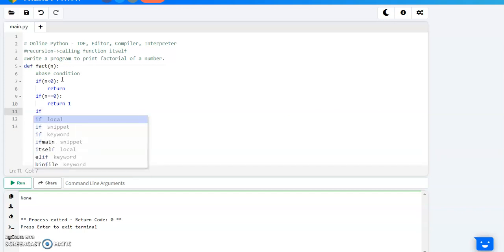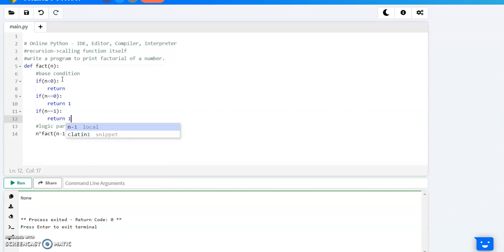If n equal to 0, return 1. If n equal to 1 also, it should return 1. That means 1 factorial is also 1, right? So it should also return 1.